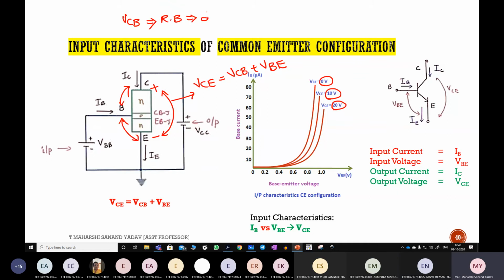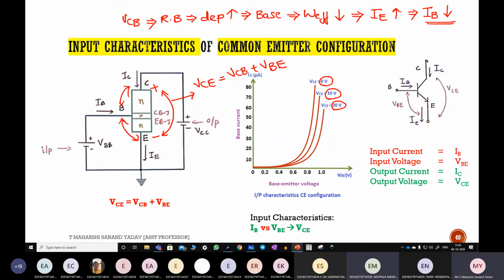So the depletion region will increase, and it will penetrate into base or collector? Base. It will penetrate into the base. If it penetrates into the base, what will happen to W effective? Decreases. If W effective decreases, what will happen to IE? Increases. IE increases. What will happen to IB? As the recombination rate is less, it decreases. That's it. So IB decreases.